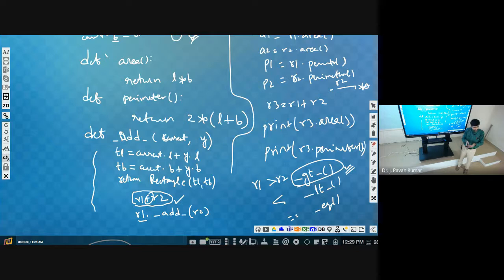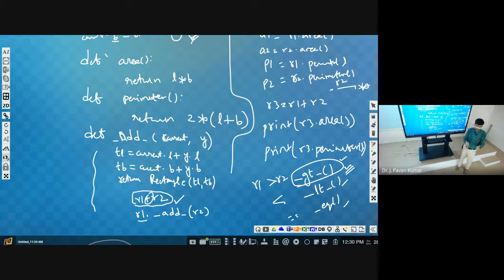Then we have to come to the conclusion whether R1 is greater than R2 or not. Depending upon that we will return true or false. Like that you have to define this function. Similarly, less than also you can define, equal to also you can define. Understand?